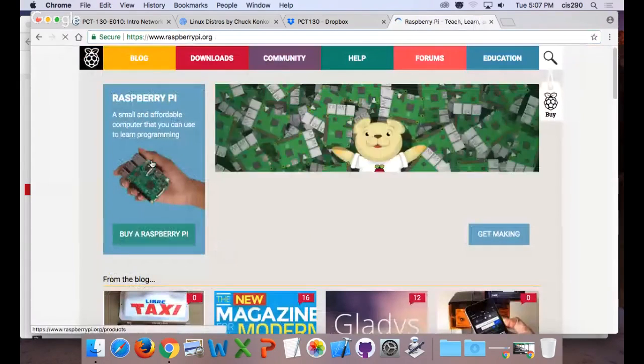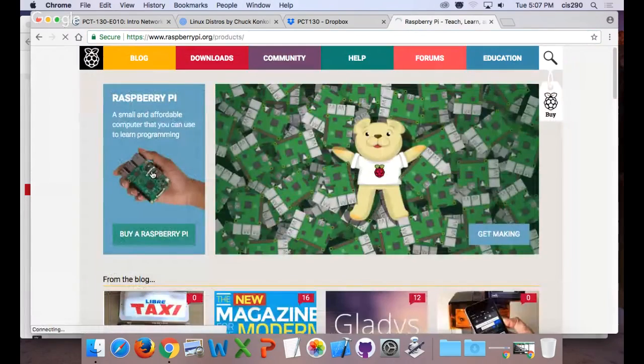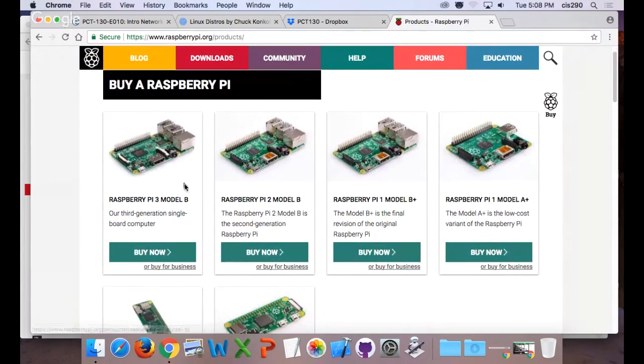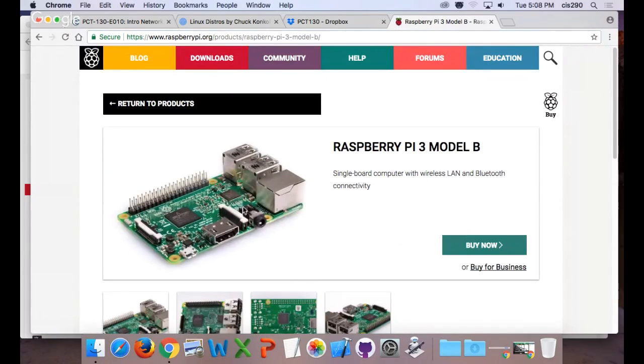All right, so here's the Raspberry Pi. The newest model is this B model. And you'll notice here it's got an HDMI port, sound. These are pins, like the one I have for my touchscreen. It's a ribbon cable that plugs in here and also on the touchscreen.